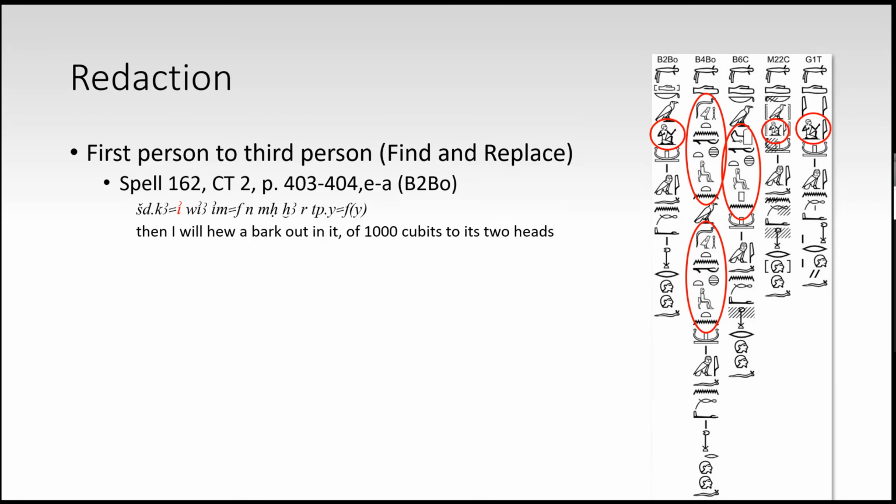However, in B4BO, it was not only the first person that was replaced. The scribe also decided to replace the V31A, the baskets, with the name of the owner as well, while still retaining the aleph, the vulture, in between the two